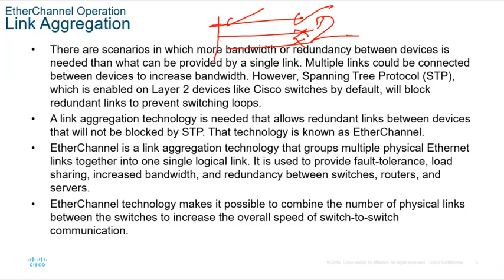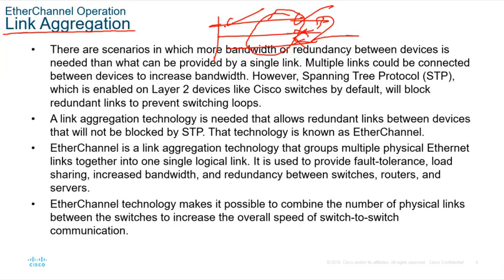So a link aggregation technology is needed that allows redundant links between devices that will not be blocked by STP. With this link aggregation technology, all 3 links will be active